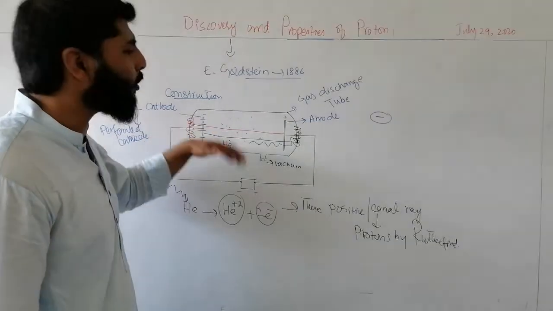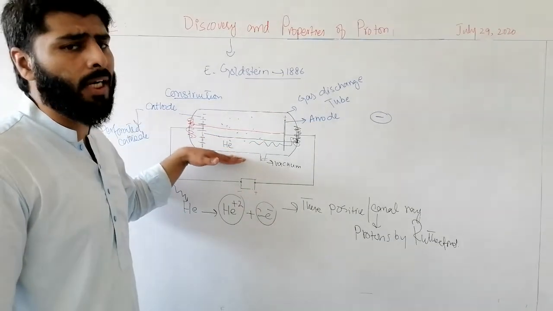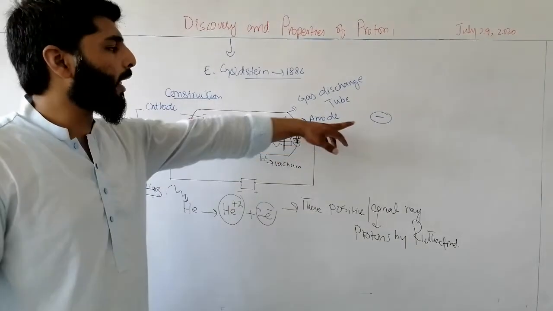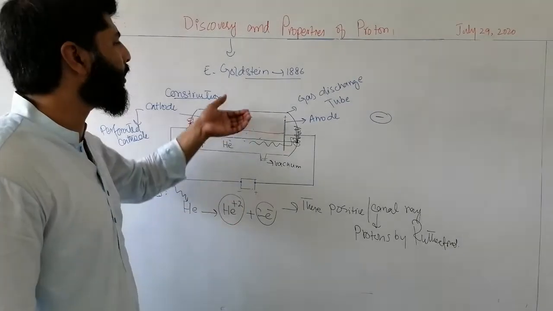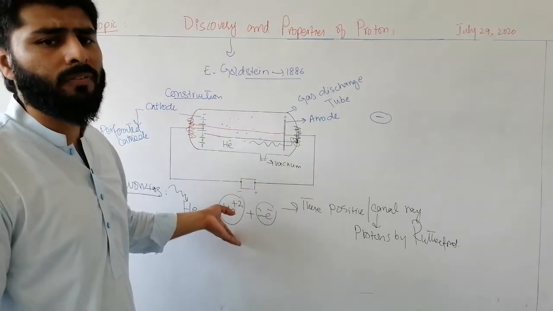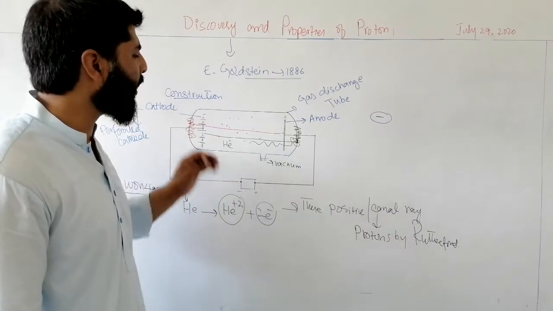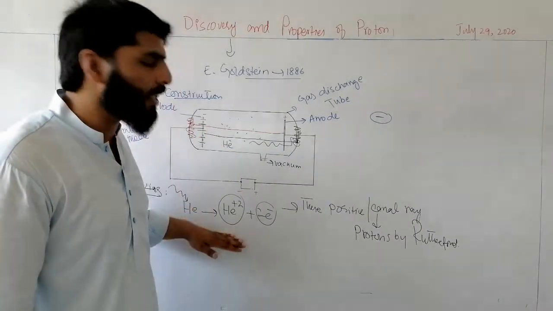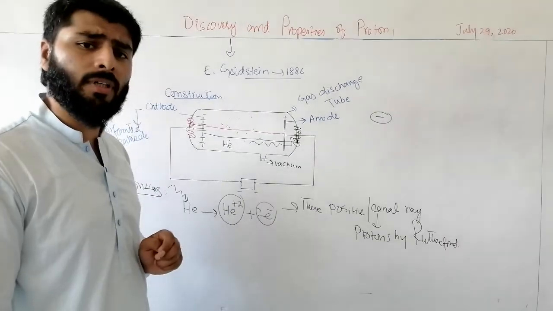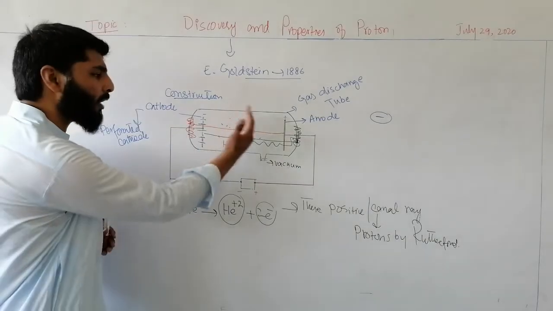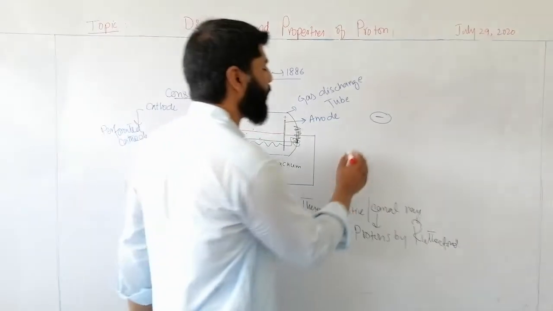So he concluded that after the deflection in electric and magnetic field, they show the character of behaving as positive particles. So he named these particles positive rays and concluded that they carry positive charge. It means positive rays have the property of deflection by both electric as well as magnetic field. Students, he observed the glow in a straight line, so he said that positive rays are rays.